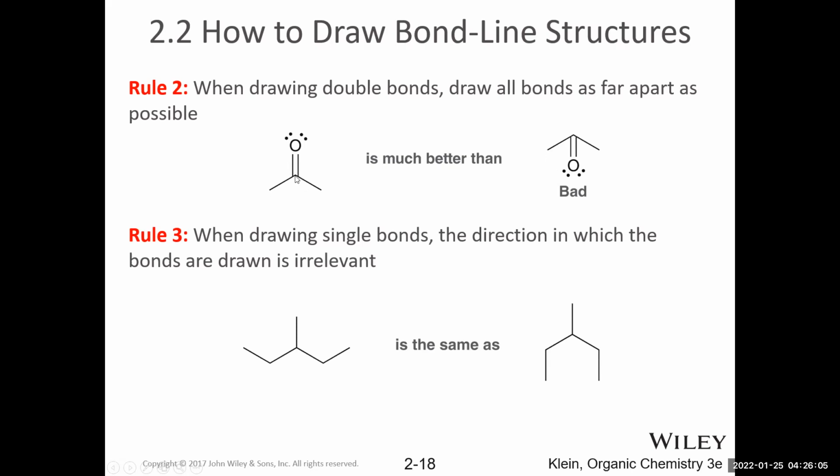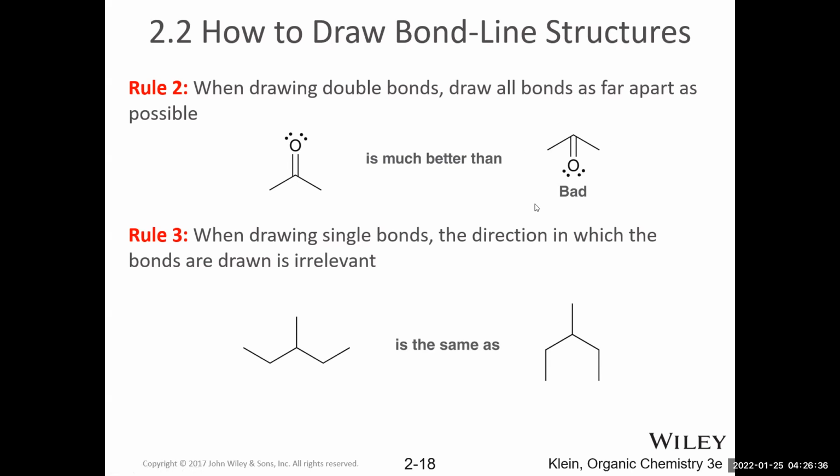But we know that this carbon is sp2 hybridized because it has a steric number of 3 with 3 atoms attached and no lone pairs, or 3 sigma bonds and no lone pairs. So the angle is going to be 120 degrees and the molecular geometry will be trigonal planar. So it's much better to draw this, which more correctly implies the correct angle than something like this.